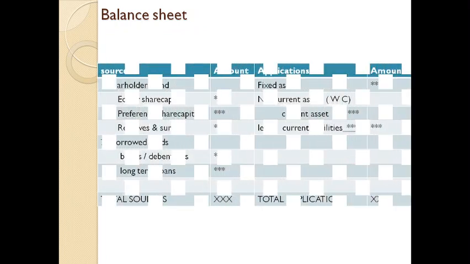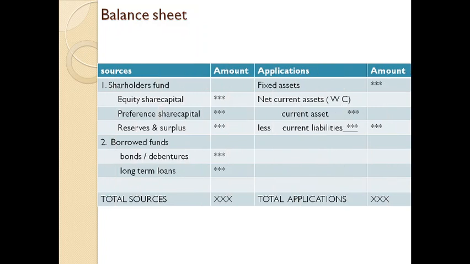The various items in the balance sheet are shown under separate heads. For better understanding and analysis, the balance sheet is prepared in vertical form in the management accounting system. Following is the pattern of the balance sheet which we have been dealing with. Okay. The actual form is a vertical form. Before we go into the vertical form, let's discuss the various items which we are going to deal with.